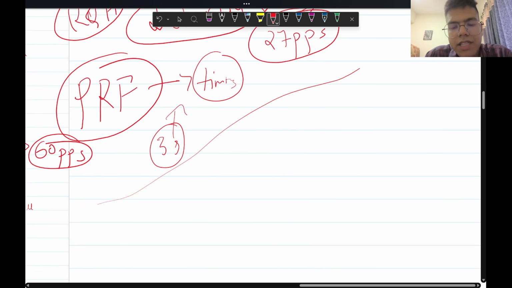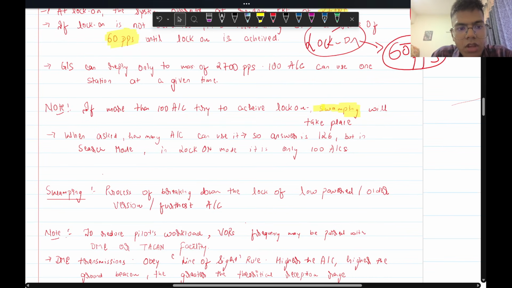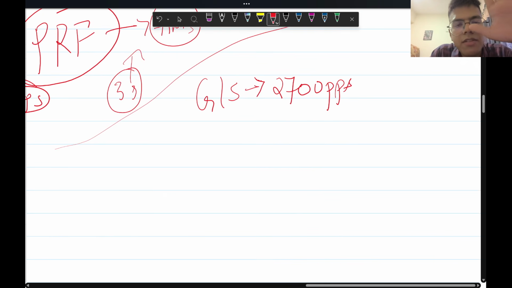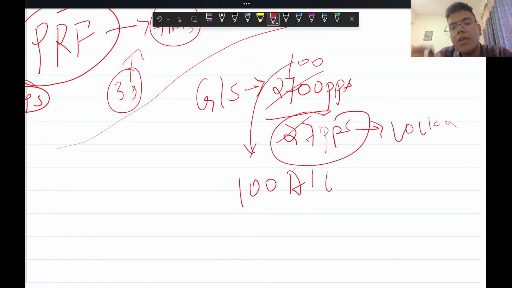अब देखो, इसका एक ड्रॉबैक तो नहीं बोलूंगा मैं, इसका एक ध्यान रखने वाली चीज है कि ग्राउंड स्टेशन कैन ओनली रिप्लाई टू 2700 pulses per second। ठीक है, सो ग्राउंड स्टेशन कैन रिप्लाई टू मैक्स ऑफ 2700 pulses per second। सो सपोज यार देखो, कैलकुलेशन वेरी सिंपल, सो आई नो 27 pulses per second is my rate for lock on, so only 100 aircrafts at a particular time can use its facility।